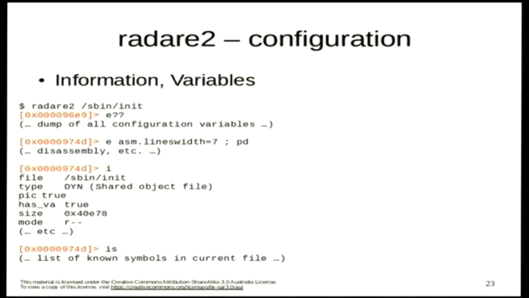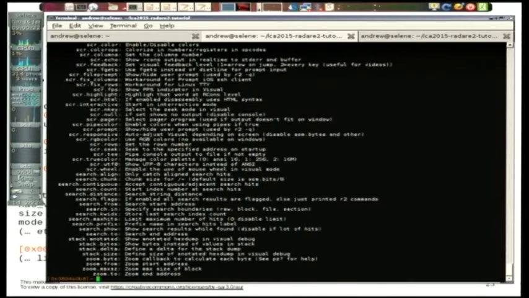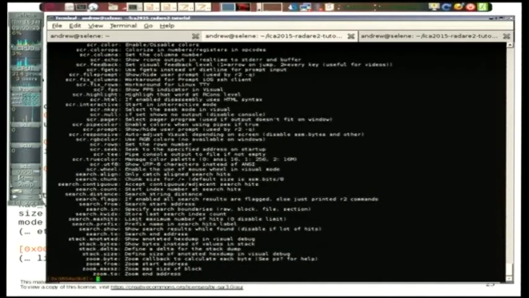So I've mentioned this a few times. Radare has a pretty good configuration interface. So the E command is the access to a lot of that. If I go E double question mark, there's a great big list of options that configure things like colour, how wide the screen is, and fine-tuning for the analyzer that looks for functions and calls, prefixes and various other